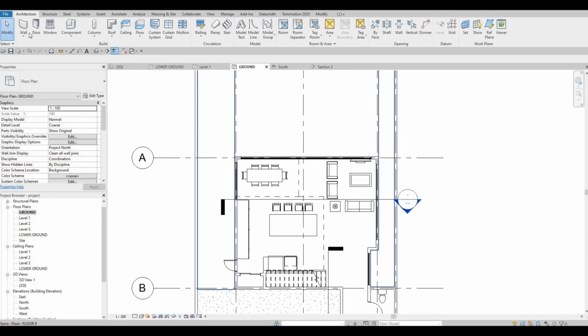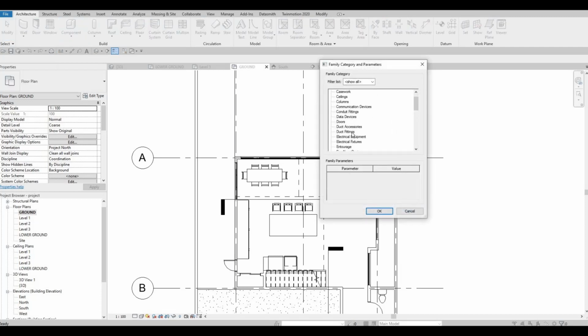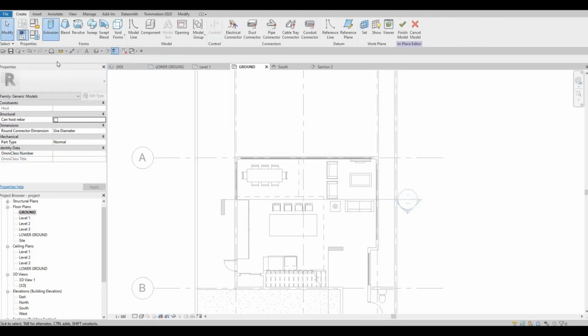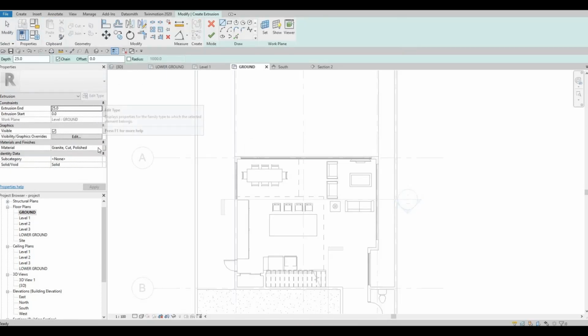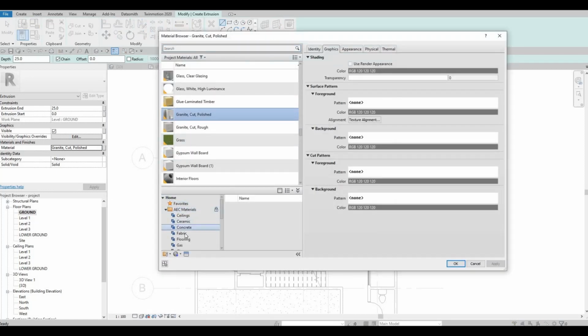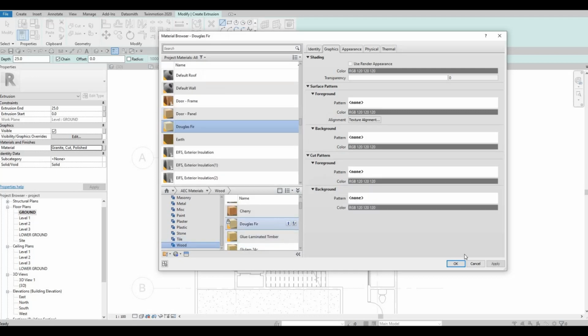We're going to have a deck there, so model in place, generic model. We need extrusion, wood material, let's use some of this Douglas fir,